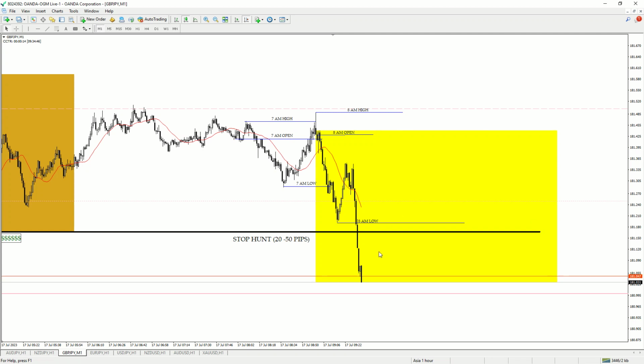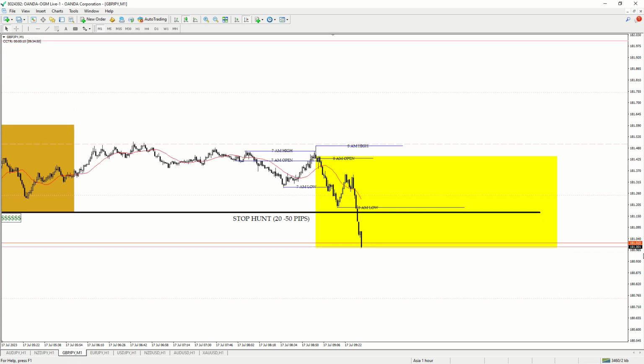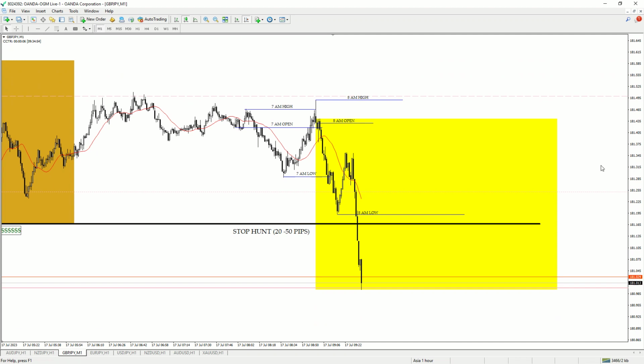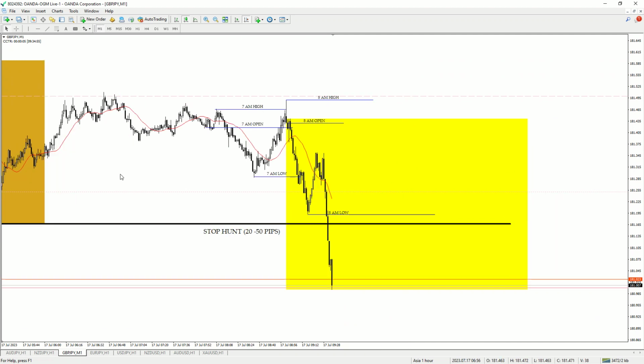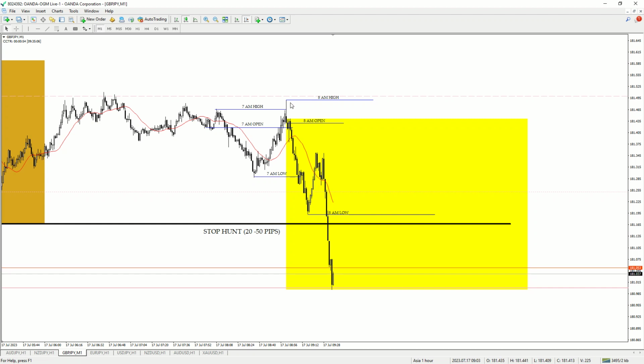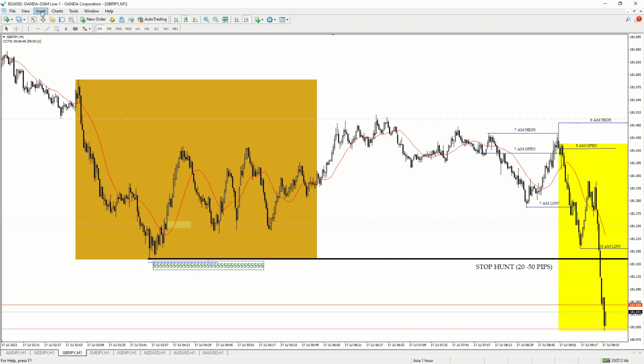Meanwhile, let me just set an alert. It's going down, guys. It's going down. One thing you should note is that at the beginning of every session, right before every session opens, they're going to try to send you in the wrong direction. That's guaranteed. But for today, I believe we have the high of London,